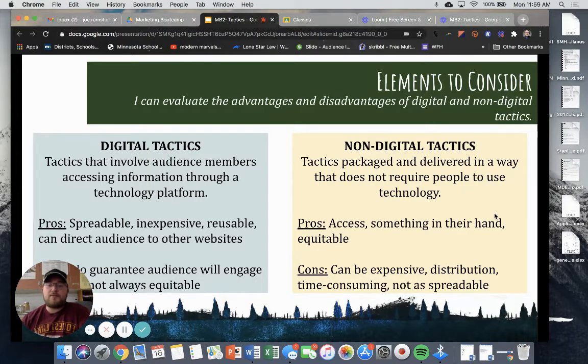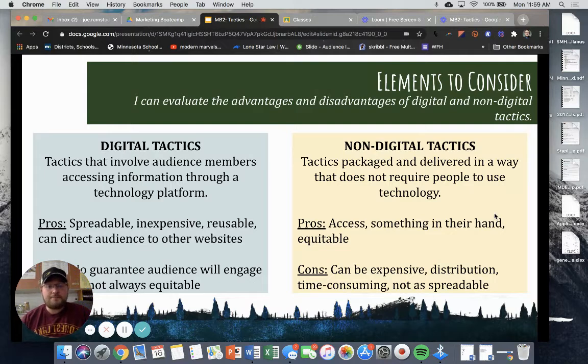So some pros and cons of each one. Pros of digital tactics, again: it's spreadable, inexpensive, reusable, and can direct the audience to other websites or links. Digital tactics cons would be no guarantee that the audience will actually engage, and access isn't always equitable, especially in rural areas. We're obviously in a very rural school district, so not everyone is going to have Wi-Fi